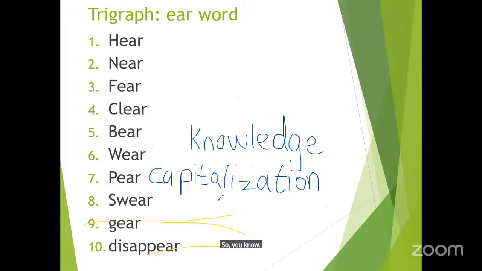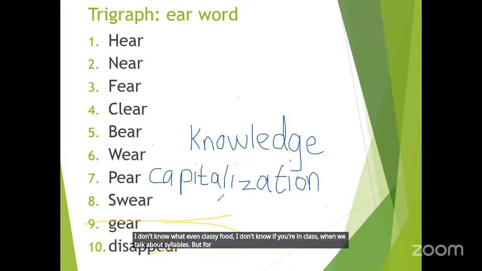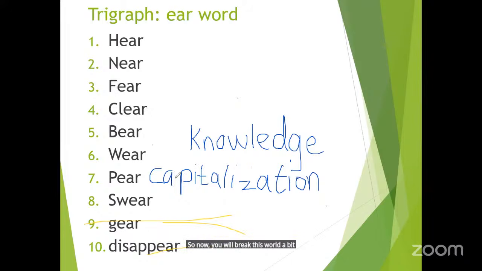I don't know if you're in class when we talk about syllables. For you to break words into bits, use syllables. And for you to use syllables, you know that in one syllable, there's one vowel. So now you will break this word bit by bit. This is ka. You start like ka, p, ka-p. Yes, ma'am. Ta, lie, then ze, shun. So when you call it bit by bit, you'll be able to get it.